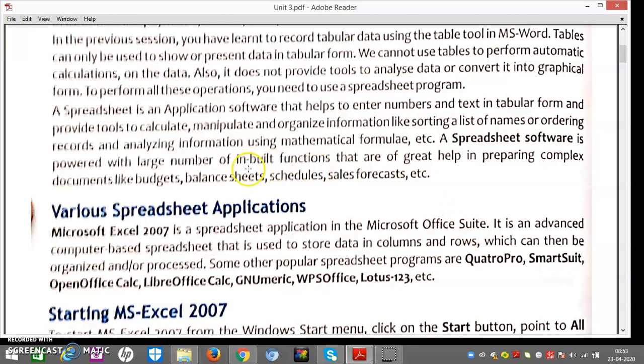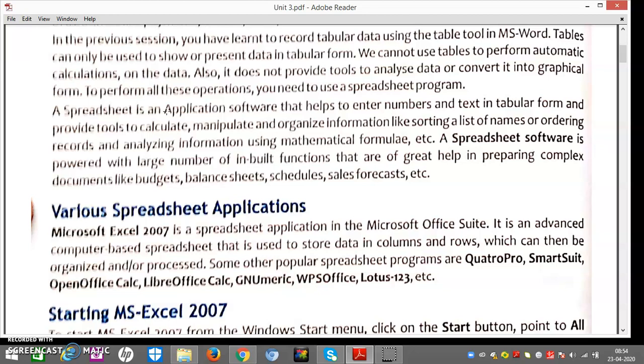Now coming to the part: what is spreadsheet application software? A spreadsheet is an application software that helps to enter numbers and text in tabular form and provides tools to calculate, manipulate, and organize information, like storing a list of names or ordering records. Friends, I have told you in the operating system part that there are two types of software. The first one is system software and the other one is application software.